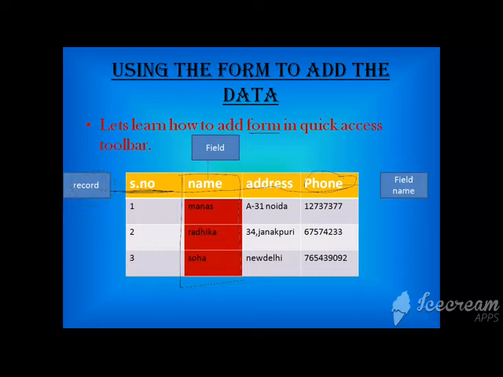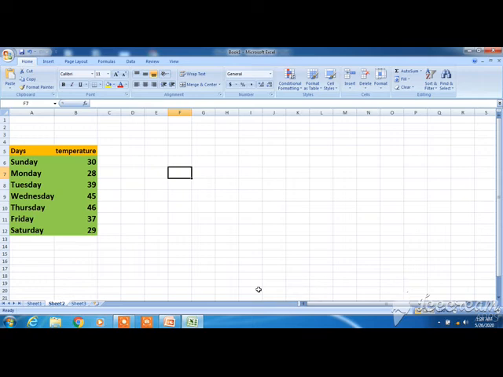Now, for entering the data, you must be aware how to enter the form in the quick access toolbar. For that, we will go to our Excel sheet. Let's go. Now, I will be telling you how to add the form option in a quick access toolbar, because that will be used to enter the data. So in this session we will learn how to add the form in quick access toolbar.